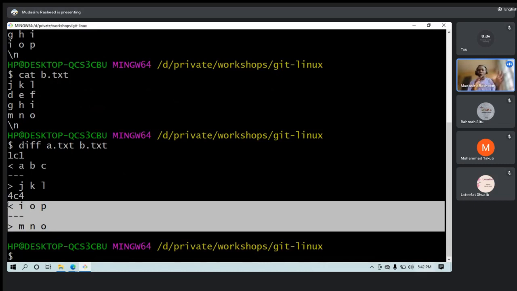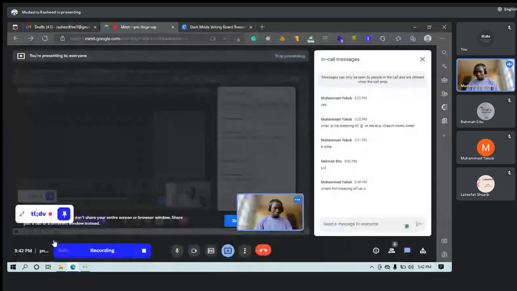And I think we've learned a lot. We learned cat, how to read a file, and other ways to do that. But for now, let's just stick with that. We read a file and all, and we are able to check the difference between the files line by line. So for now, we stop at Linux commands and we go ahead and use the next 15 minutes to talk about Git commands and how we can apply what we've learned here to Git. But before then, I would like to take any question or comment that we have.